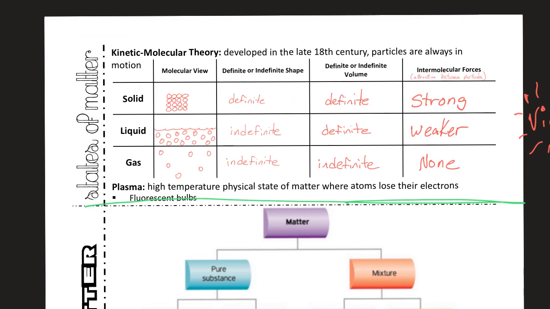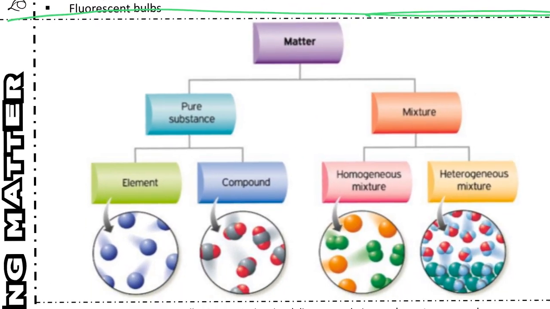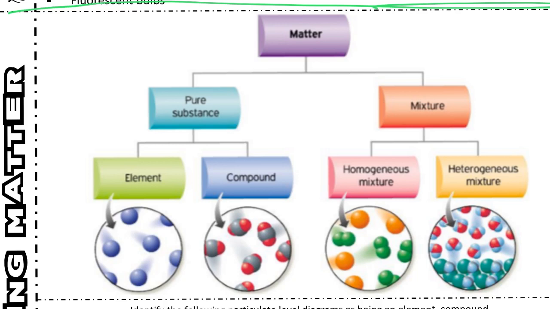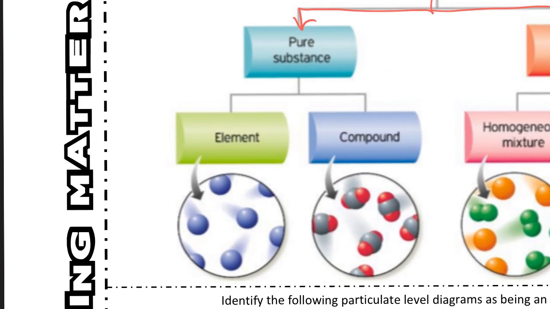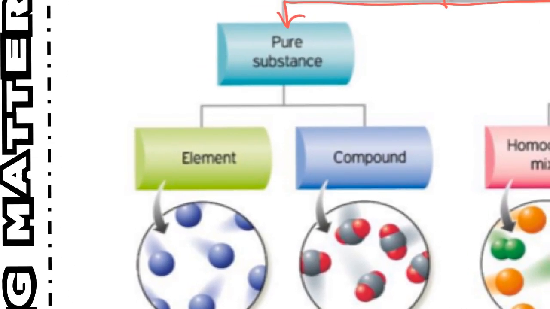At this point, we went ahead and jumped into matter. And matter can be broken down into one of two things, either a pure substance or a mixture. We're going to focus in on pure substances. When I mean pure substance, I mean that it is 100% the same substance. Now, the substance could be either an element or a compound, but it's going to be